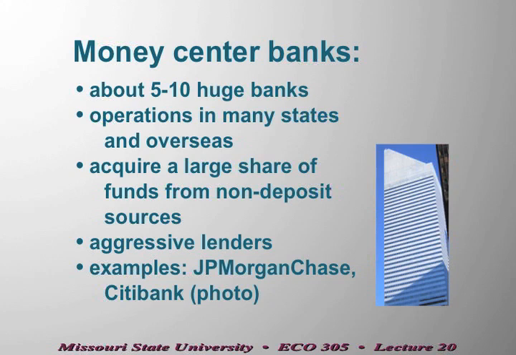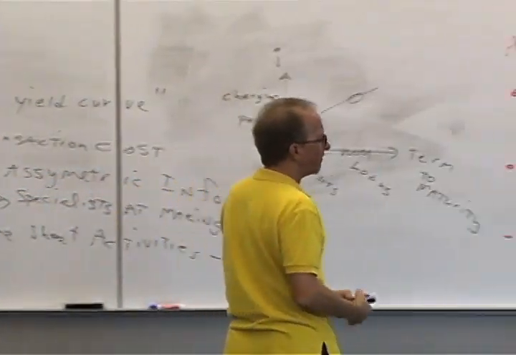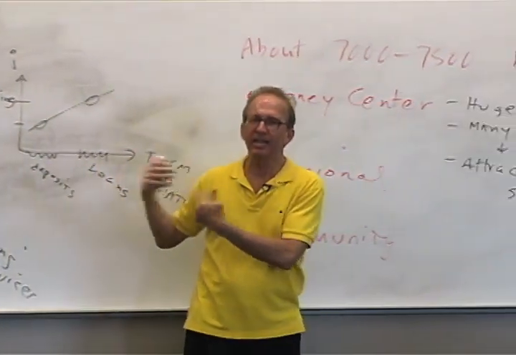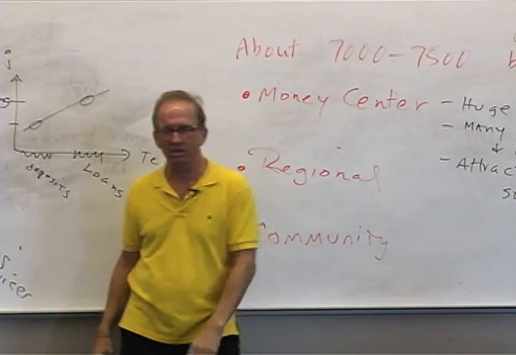And then when they lend, the money center banks, they don't sit back and wait and then somebody comes in and says, could I apply for a loan? The money center banks got salesmen, saleswomen, and they are just going around and making calls on big companies, calls on governmental units, state and local governments, and also governments overseas and companies overseas, and they're going in saying, we want to lend you some money. So they are very aggressive at finding dollars, and then they're very aggressive at putting those dollars to work. And those are money center banks.